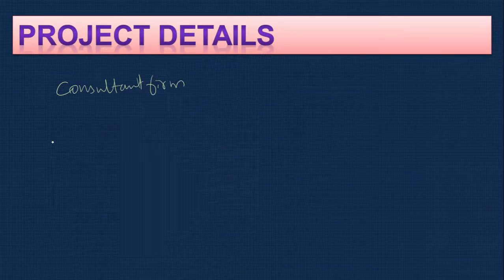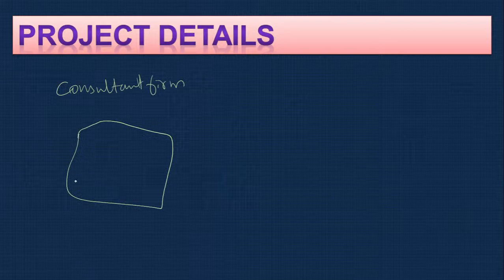So, as discussed, this is for a consultant firm, which conducts conferences on behalf of customers or companies. What does that mean? Let's say this is the location, a hotel.